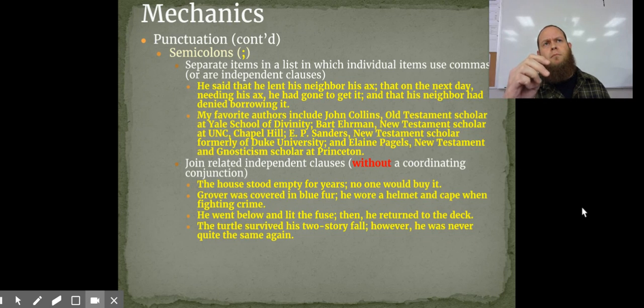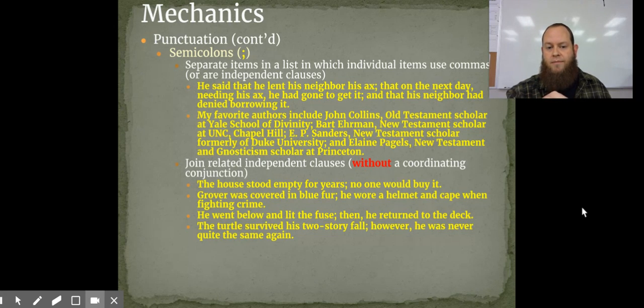So: I went to the store; I bought milk, right? And we see that there: the house stood empty for years; no one would buy it. Grover was covered in fur; he wore a helmet and cape when fighting crime. He went below and lit the fuse; then, comma, right, conjunctive adverb there,